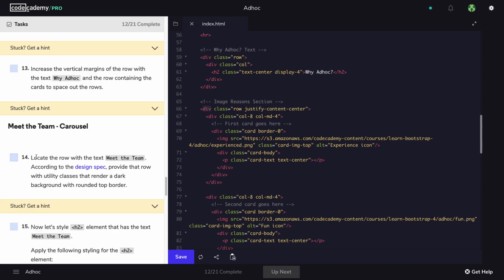Okay, for step 13, we're going to increase the vertical margins of the row within the text Y Adhoc and the row containing the cards to space out the rows. So for our Y Adhoc text, for a header here, we can simply add vertical margin of 5. And we should also add some margin bottom to the cards here at the right on the row. Now I'm just going to add in the bottom because we have margin already at the top and bottom for